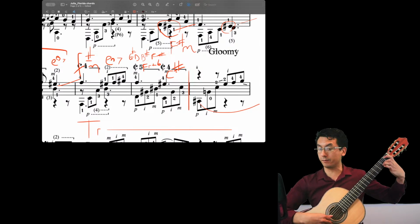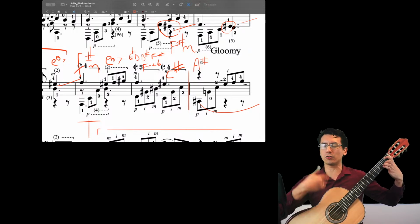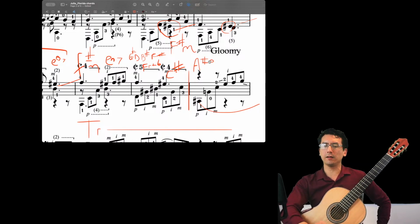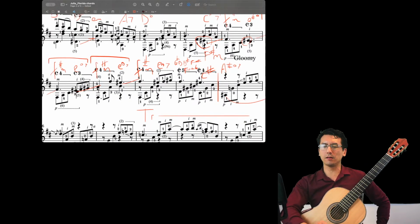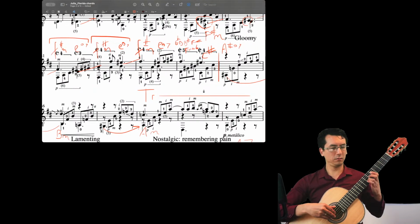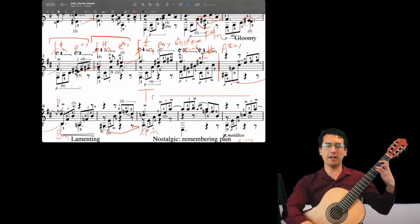So now we have A sharp diminished 7. He's using a lot of diminished chords. He's changing keys a lot. That's what contributes to the storminess and the drama and all that. A sharp diminished 7th. So then he's going, arriving on B minor, beautiful resolution, and then